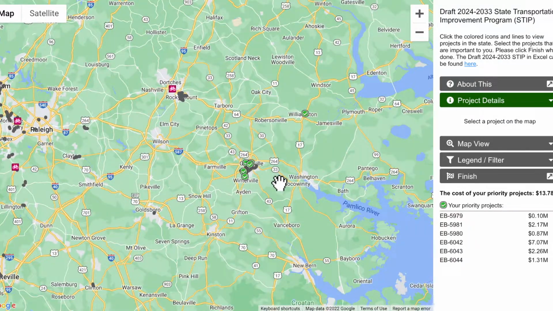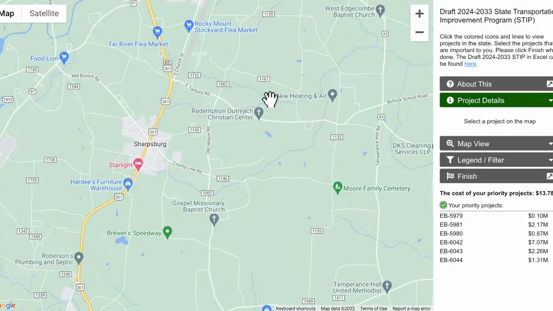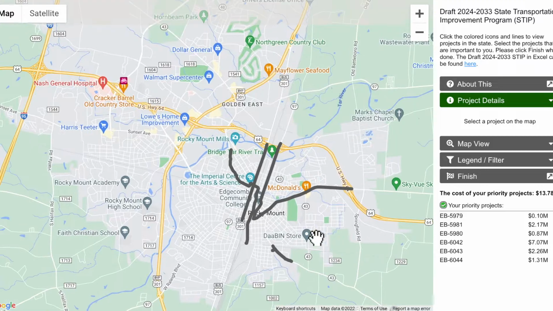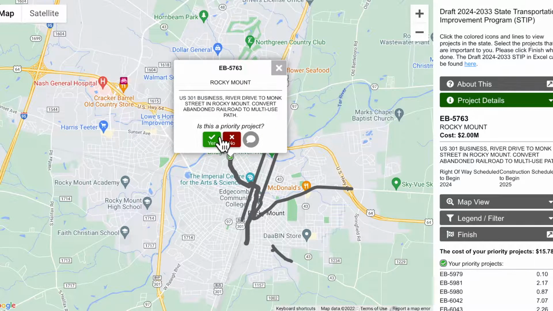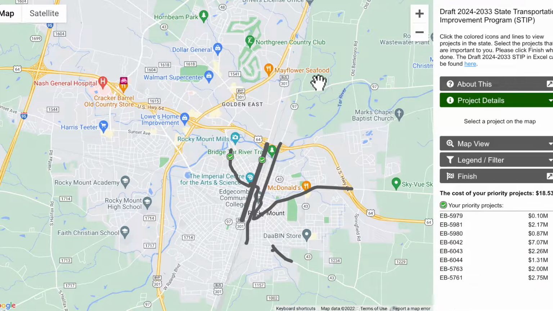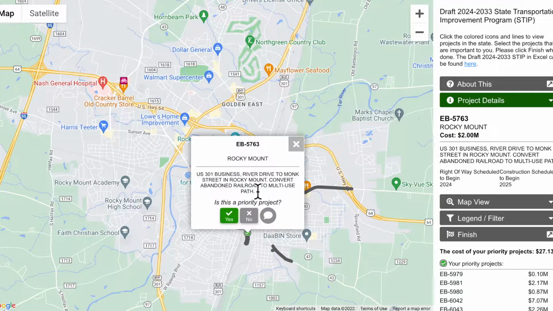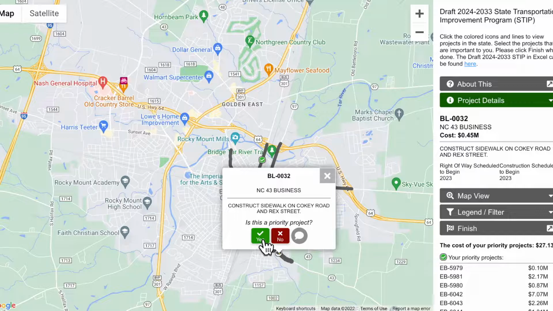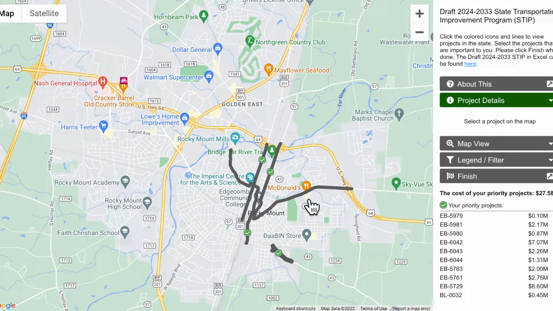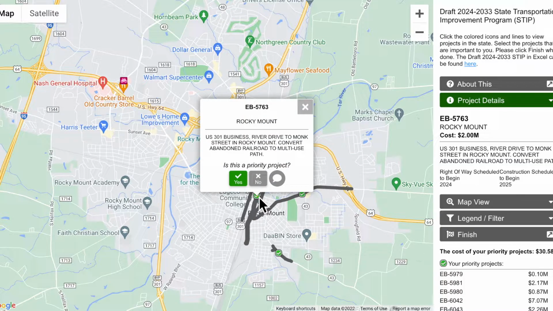So as we zoom out and go across the rest of the state, we're clicking and dragging to the next city, the next community with projects listed in gray lines for bicycle pedestrian. We're going to begin by clicking on the project, selecting yes as a priority, and then Xing out of the toolbox. You can see on the upper left hand there is a small red bike square that will also be an indicator of a bike project in this area. So right now you can see examples of just clicking through all the small projects in this particular example.